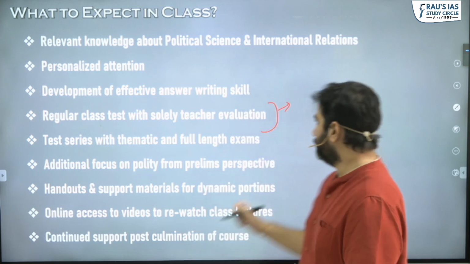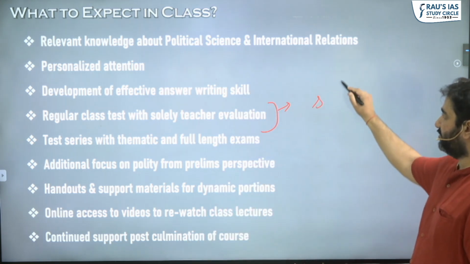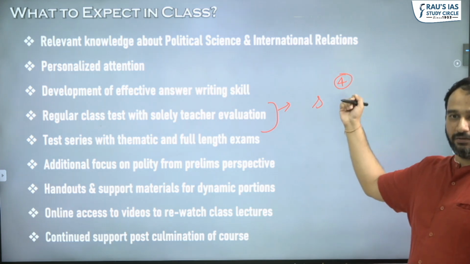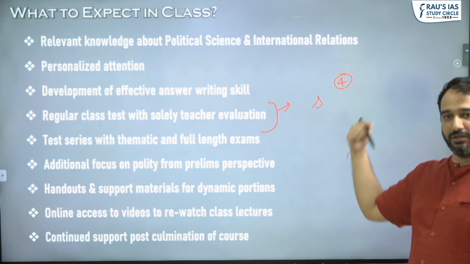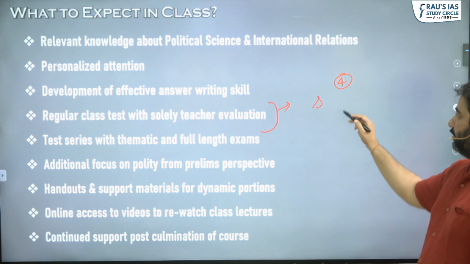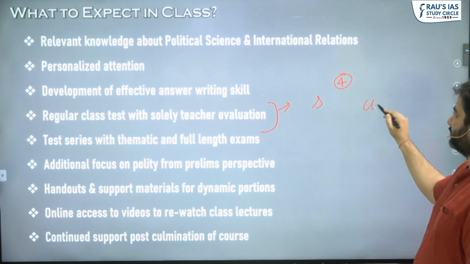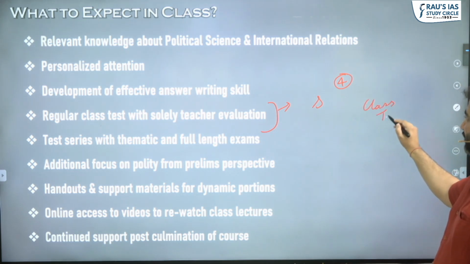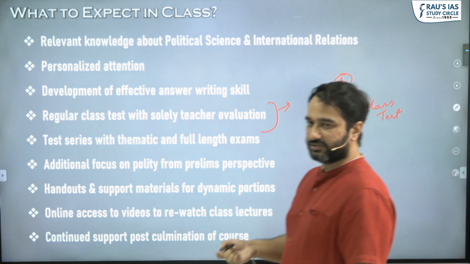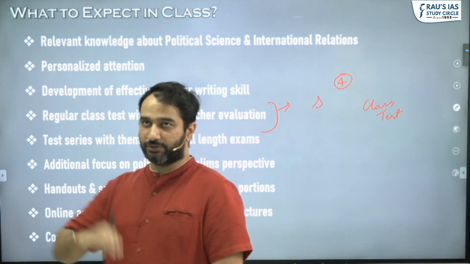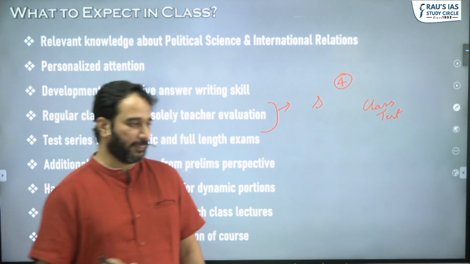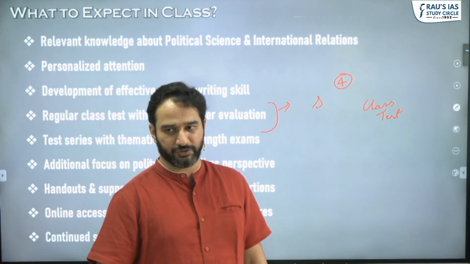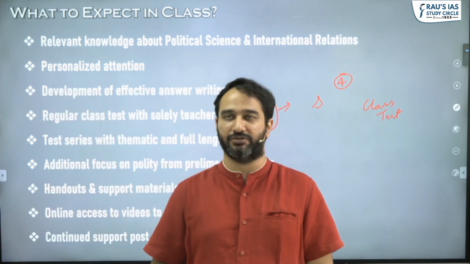And within this, after every section is done, so there are 4 sections: Paper 1, section A, section B, Paper 2, section A, section B. After every section, you'll have a class test, which I don't check. I have a friend who teaches in Mumbai University. He's an assistant professor there, political science. He was my junior when we were doing PhD. He checks the paper. Same thing happens for the current batch. You can ask them if it was done or not.